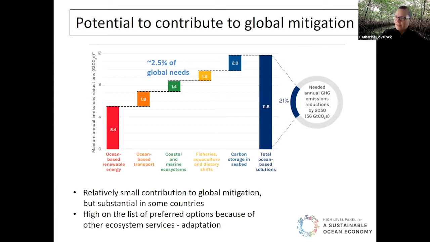It's really important in some countries where they have low emissions in other sectors, but very high amounts of blue carbon resources. Indonesia, a prime example there, and other countries with lots of mangroves, seagrasses or salt marshes. And in terms of the conclusions of this report, it is definitely high on the list of the preferred options for mitigation, primarily because of those other ecosystem services and the role these ecosystems have in climate change adaptation. So they not only do mitigation, but they also help us adapt to climate change,